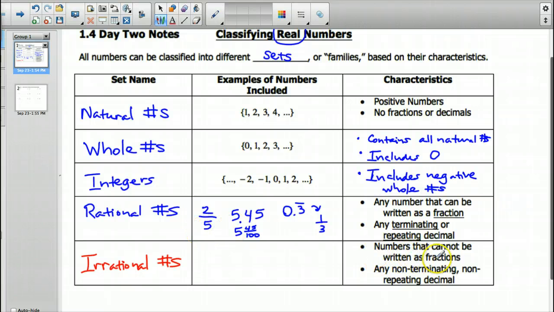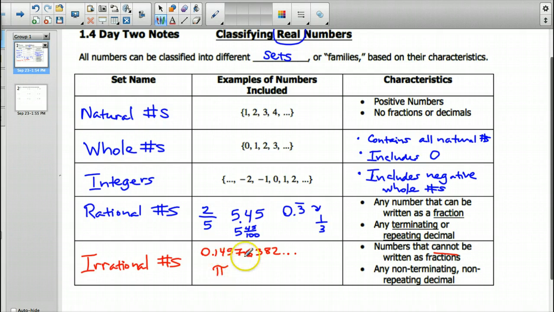Those numbers would be numbers that cannot be written as fractions, and typically you're going to see that in one of two ways. You're going to see it as a non-terminating, non-repeating decimal. So if you see a decimal like, oh, I don't know, this, 0.145763823... that number continues, but there's no real pattern to it. There's no repetition, so that would be an example of an irrational number. A very common irrational number that we see often, especially in geometry, is the number pi. Pi we approximate to 3.14, but really it's a decimal that goes on and on forever with no pattern,